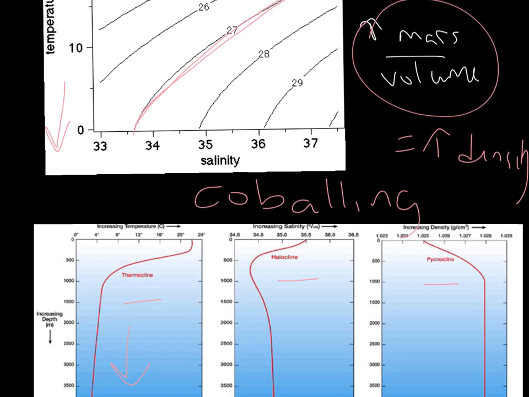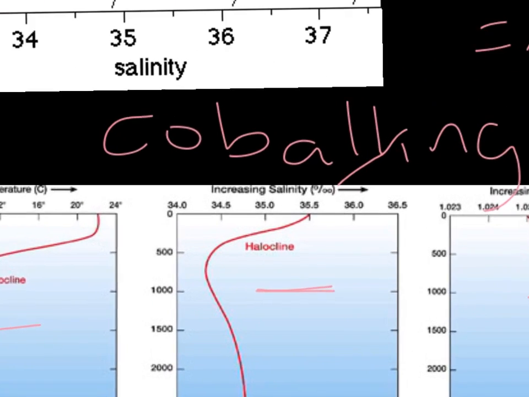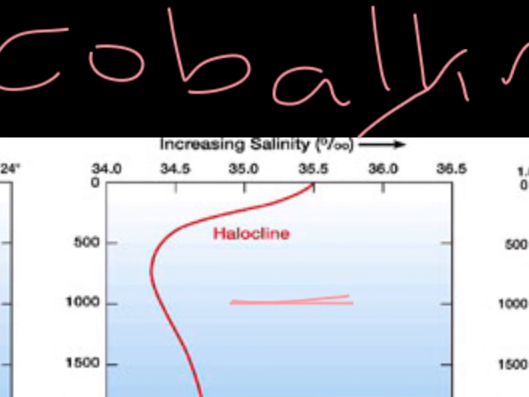Now, if you look at the halocline, you may notice by looking at this image, let me see if I can expand it here. The halocline actually shows a rapid decrease in salinity as you go down. This is in parts per thousand. There's 35.5 parts salt in every 1,000 parts of water. As you go down the top 500 meters, the salinity actually decreases,